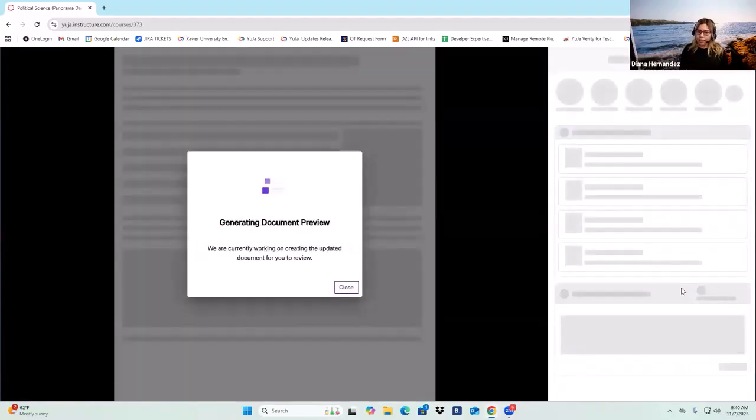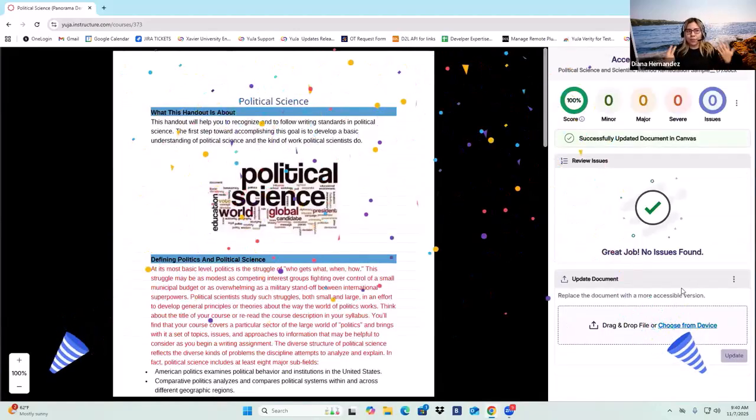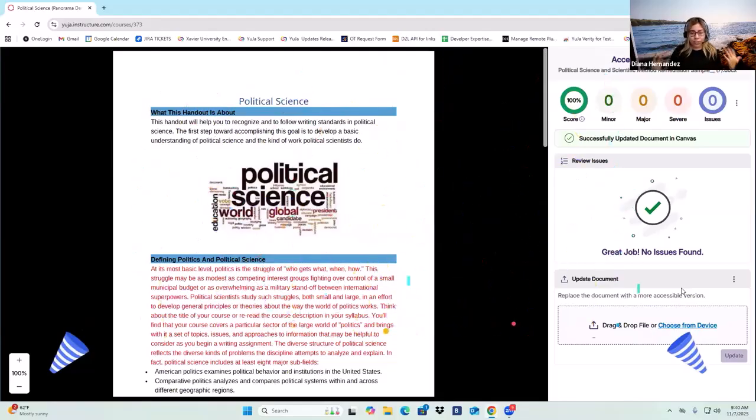Once we apply the fixes, what Panorama is going to do is, one, update the document with the fixes that you provided. It's going to rescan the document to make sure there are no other accessibility issues that were not addressed. And also it's going to update the alternative formats that are available for those documents. So you saw the little confetti come up. Now we're at 100% accessibility.